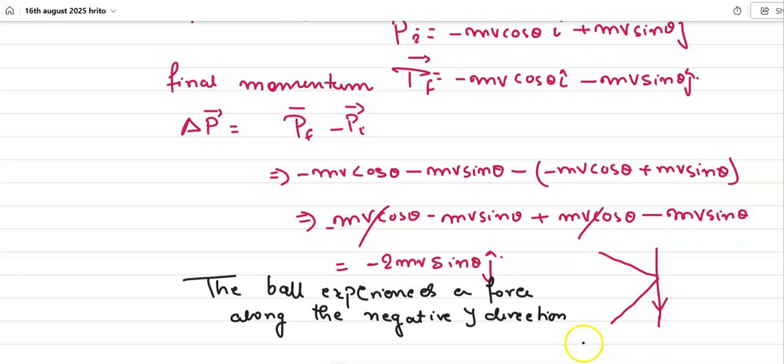This is how an interesting situation appears, that initially the ball had momentum components along both the x and y axis, but after the phenomenon of the ball colliding with the wall, the final momentum change is along the negative y direction. So this is the consequence of momentum